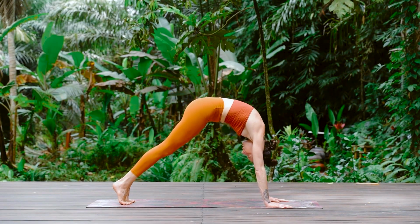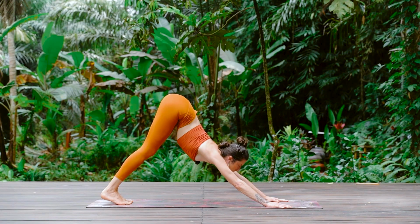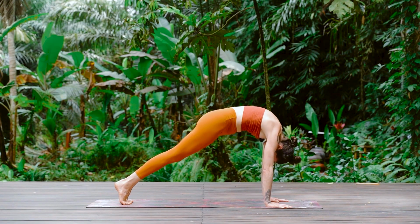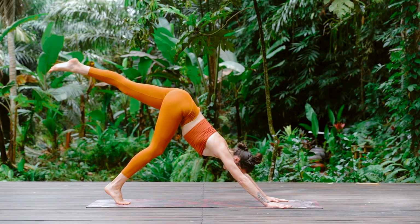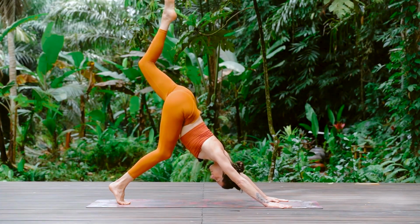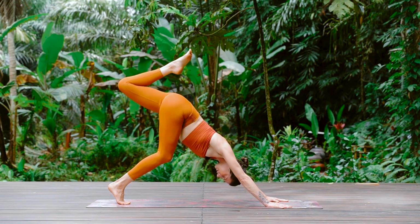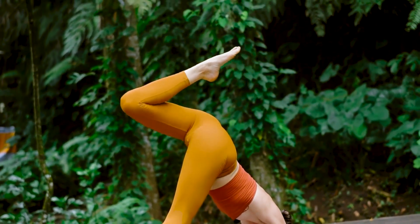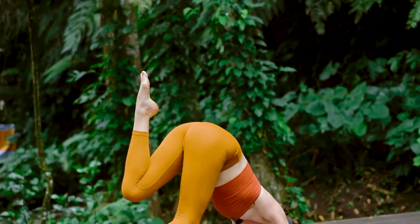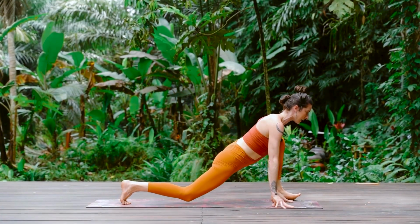Maybe wave forward and wave back. And then extend the left leg up. You can bend the standing leg, bend both legs. Some hip circles, whatever you'd like here. And then square the hips and take a big step up, left foot outside the left hand, the back knee